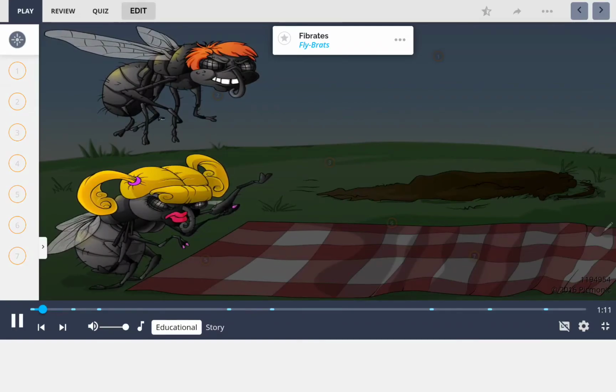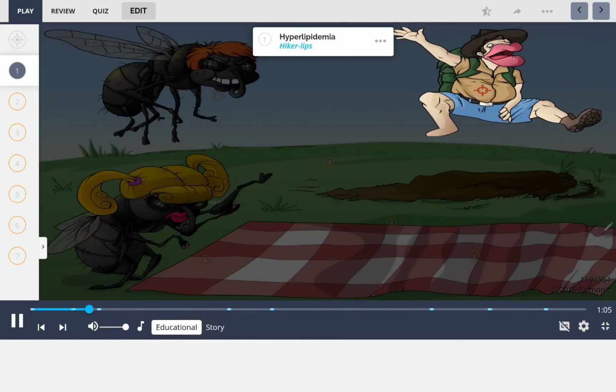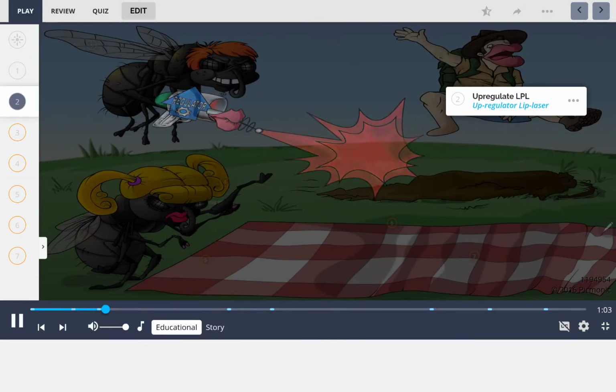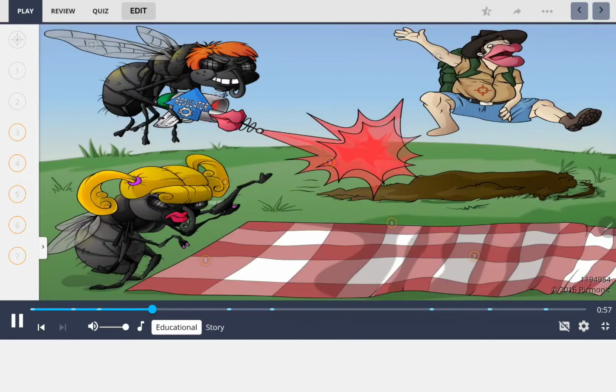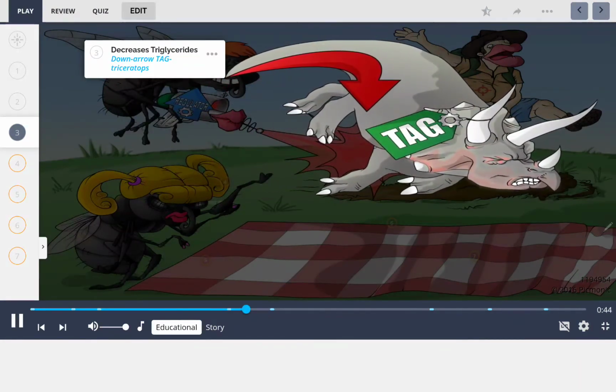Fibrates, represented by the fly brats, are lipid-lowering agents indicated in patients with hyperlipidemia, hiker with lips. These drugs work by upregulating LPL, shown by the upregulated lip laser, and increasing lipoprotein lipolysis activity and ability to bind to triglyceride-rich lipoprotein. This increase in lipoprotein lipolysis leads to a decrease in triglycerides, depicted by the down arrow